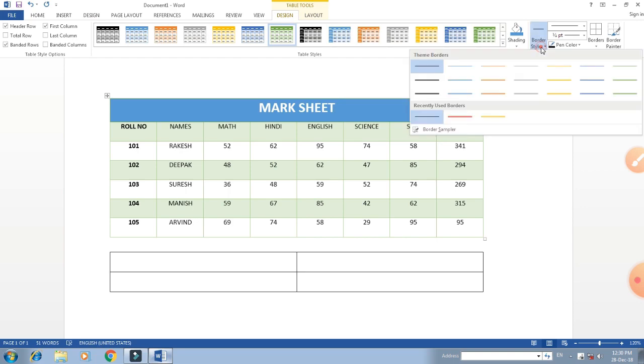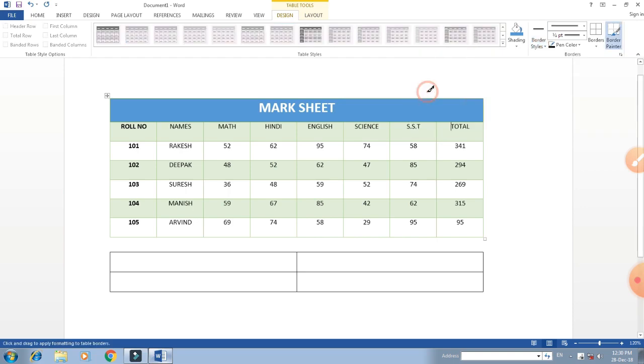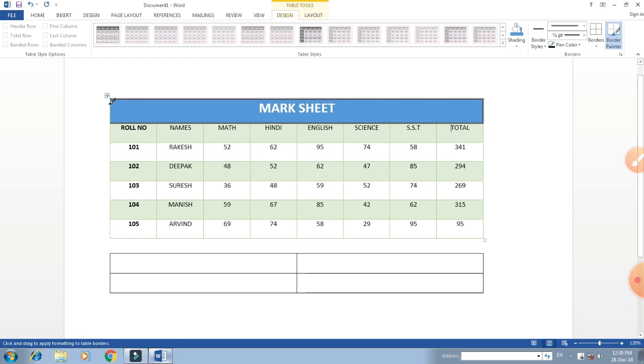Now next, border styles, student. You can select or change the border style of your table. Your mouse pointer will be converted into a pencil, and click on the line. This will change the border of your table. Okay, so now you can see, select any design for your border as you want, set the color, border style, select the border style.